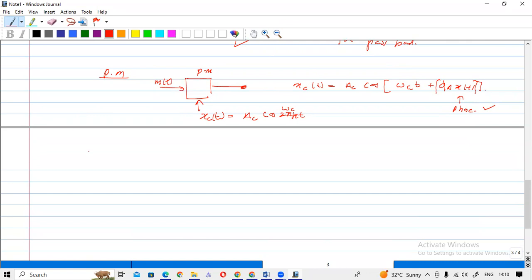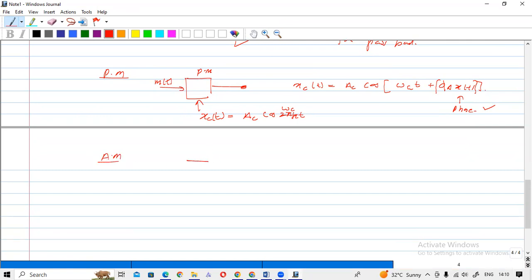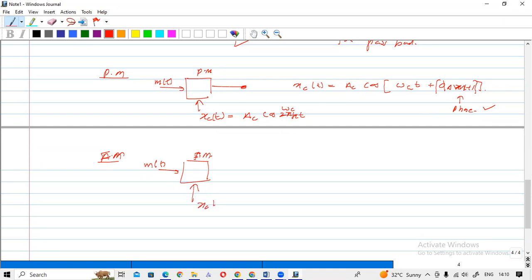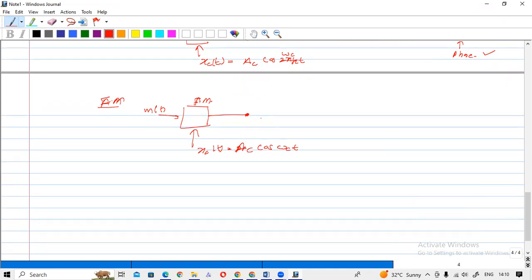And for the FM modulation, frequency modulation, if we have a modulating signal MT, and if you are using the carrier signal XCT, AC cos omega CT like this, then you will have the modulated signal like this. That is AC cos